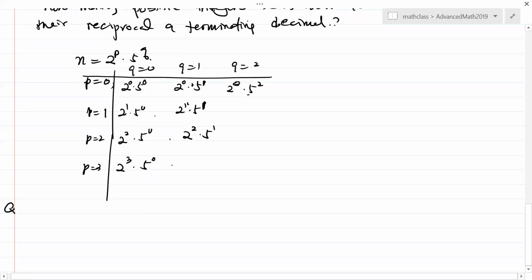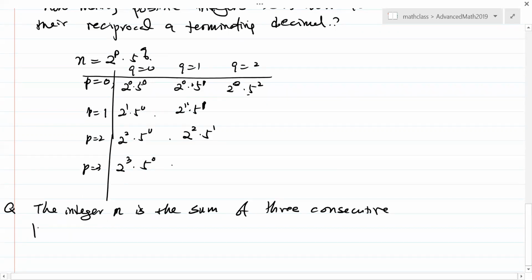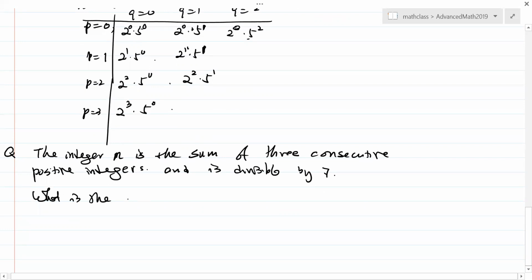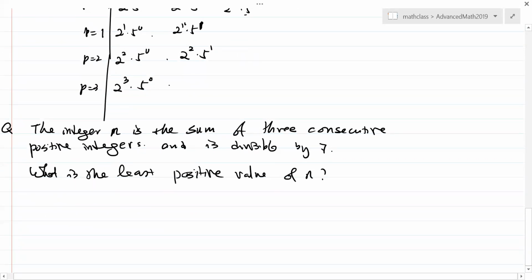Now, the next one is here. The integer n is the sum of 3 consecutive positive integers, and is divisible by 7. So we have to figure out what is the least positive value of n. Right. So we are looking for the smallest. We don't know which one is divisible by 7. But n should be the sum of